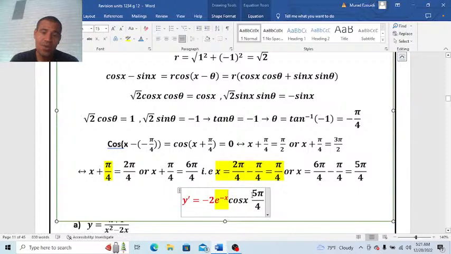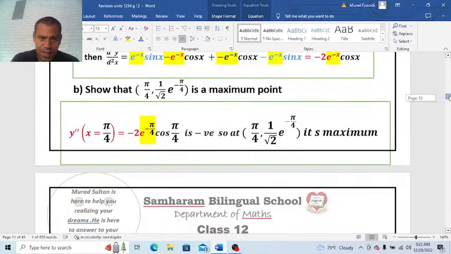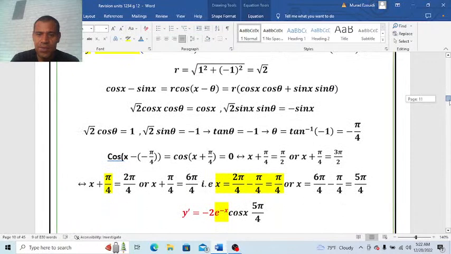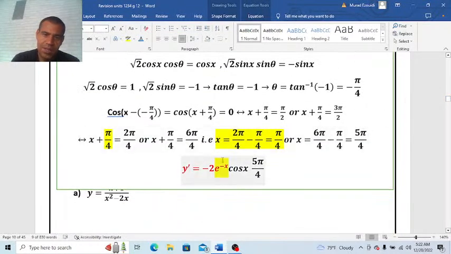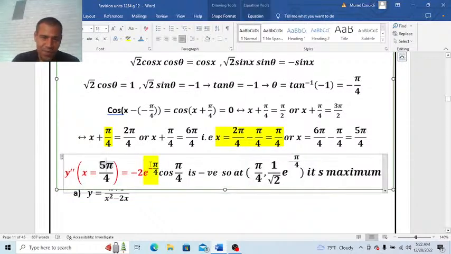Now we are going to use the second derivative of the function to check it. I will copy this. We will check if it is negative or positive. If it is positive, it's a minimum, and if it is negative, it's a maximum. So when x now equals 5 pi,